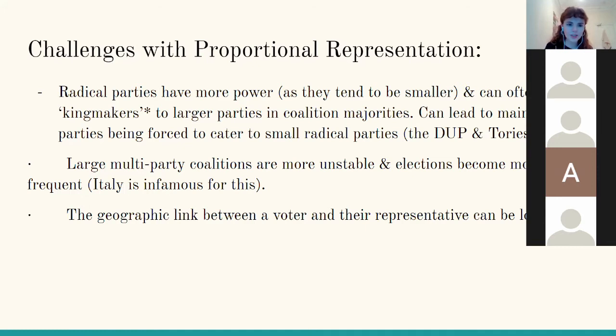If you have a population that's mostly urban, for instance, and you have a small rural population, but they still have to vote for the same few parties that exist, it can be hard for them to get all of the agricultural policy or something that caters towards them in a system where there is no geographic link or they don't have a specific representative.